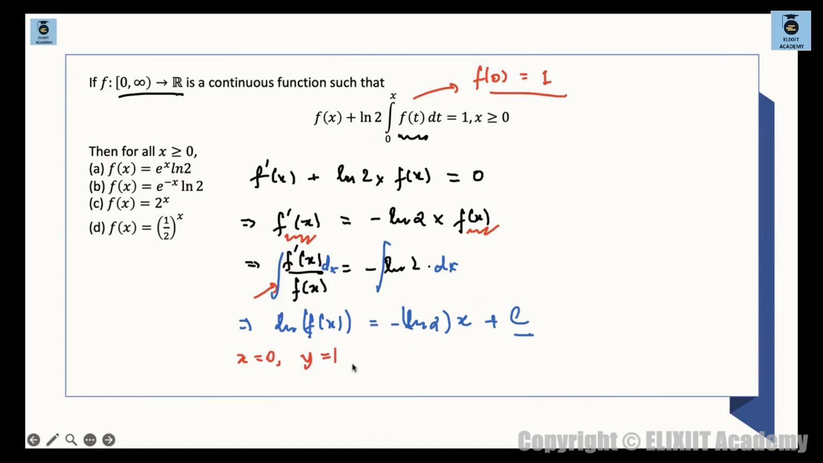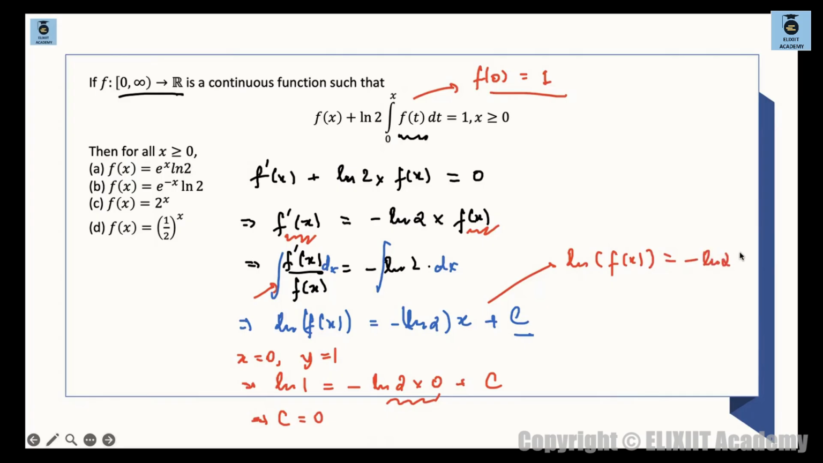y means f(x). Okay, so this becomes ln 1, and the right hand side is basically ln 2 times 0 plus c. So this is 0 only. This part is 0 and log 1 is also 0, so c is 0. Okay. So if c is 0, we find the particular solution from here, that is ln f(x) will be minus of ln 2 times x. Okay, so this we can further simplify,